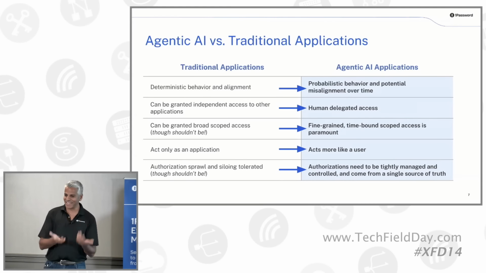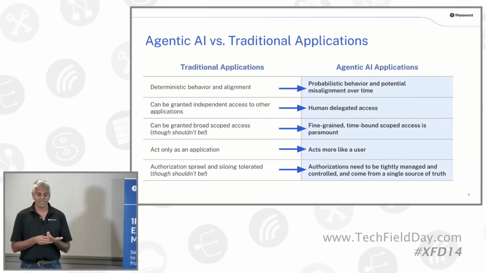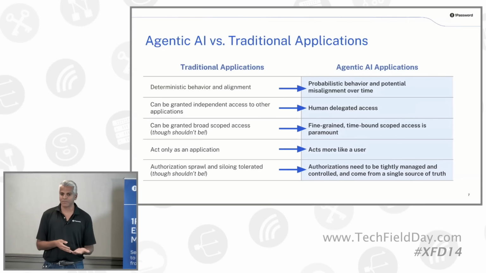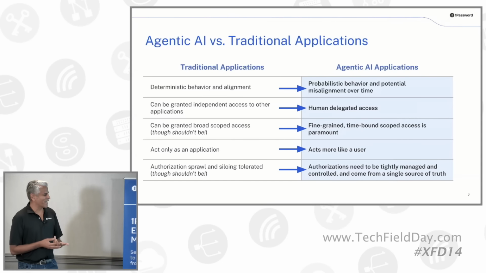With traditional applications, we typically grant independent access, so system-wide access to various tools and applications. With agentic AI, this isn't for all cases, but hopefully it will be for most, it's typically human delegated. I authorize this agentic AI to do something. For example, in the MCP protocol, the OAuth side of the authorization is human delegated access. I approve this thing to use credentials on my behalf, or have this access on my behalf. The other side of this is, if agentic AI does something sketchy, it's really hard to put one of those in jail, right? So it's probably good for agentic AI to be tied back to an actual person.